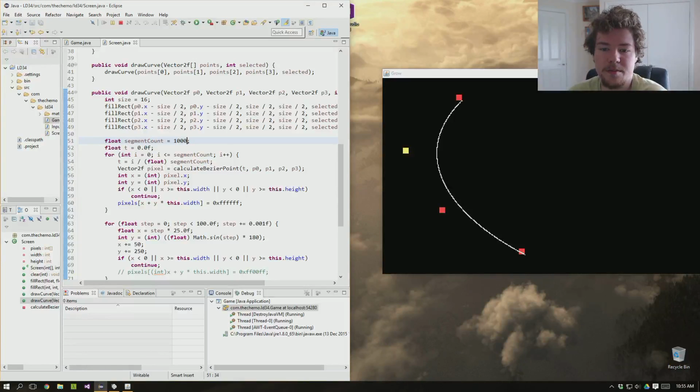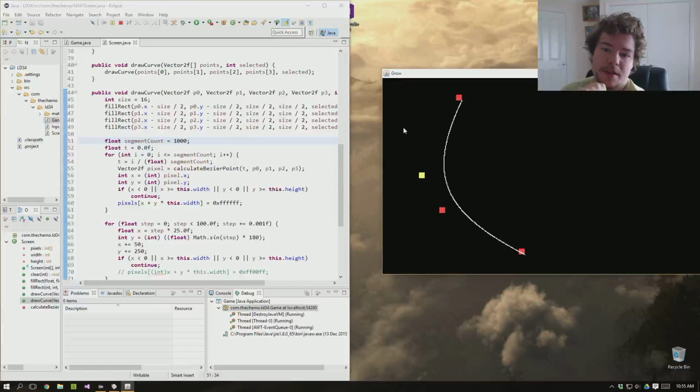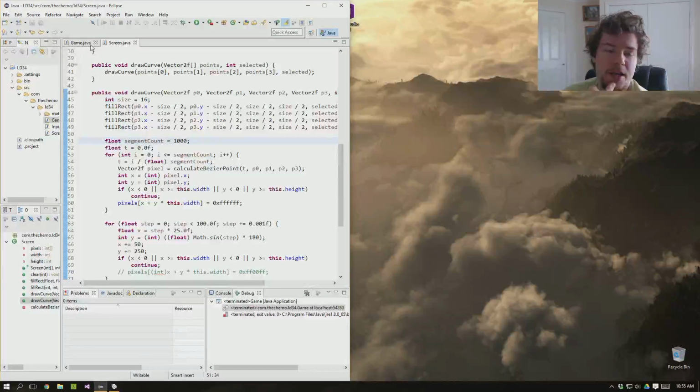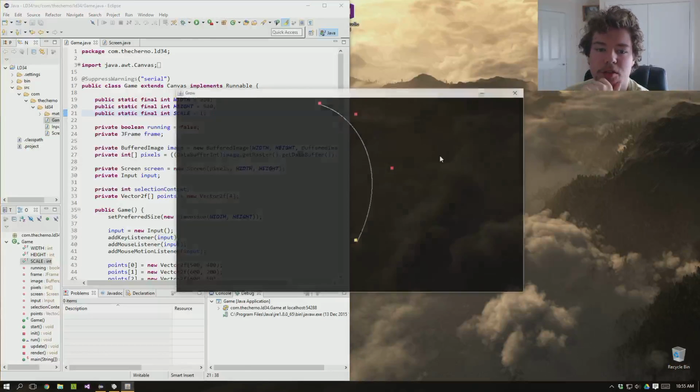I think 1,000 is probably very good, because obviously the quality kind of goes up in a logarithmic fashion. So I still really like it though. So the whole game is going to be basically about controlling these points. As in, the gameplay is not going to be that, but internally that's how the engines are going to work. It's just going to be all about controlling these points